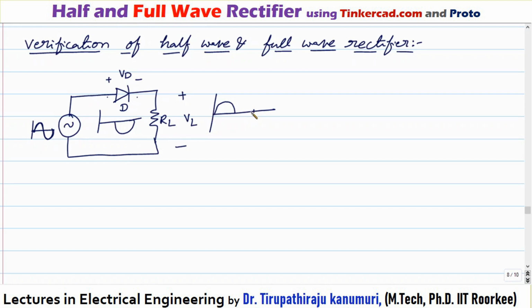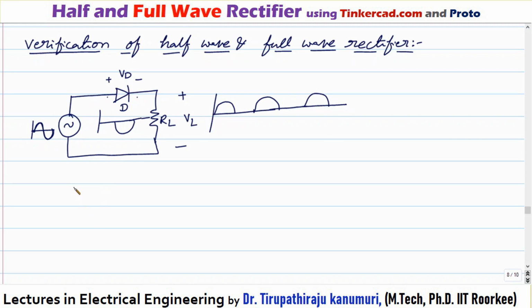Now again coming to the next positive half cycle, output will again appear across your load. The same thing is the case after the half cycle: again it will act as an open circuit, so it will be 0, and again it will appear like this. This will be the shape of my output waveform. This is the half-wave rectifier, because it is only converting half of your total wave. In this case, the output voltage VL will be equal to your supply voltage minus the voltage drop across the diode,